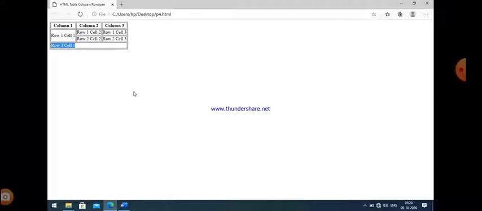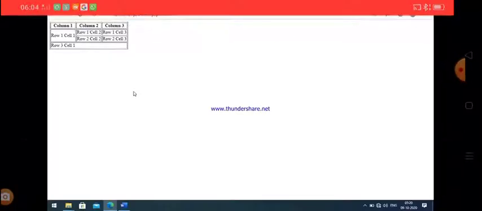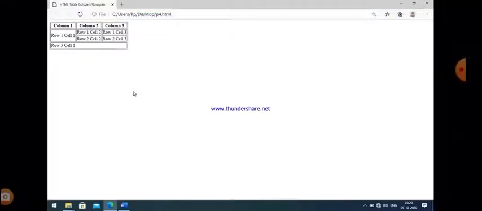And in this output you can easily see that in the first case, since we use row span, two rows are merged. In the last case we use col span is equal to 3, so 3 columns are merged. In the first case we use row span is equal to 2, so 2 rows are merged. In the last case we use col span is equal to 3, so 3 columns are merged here.